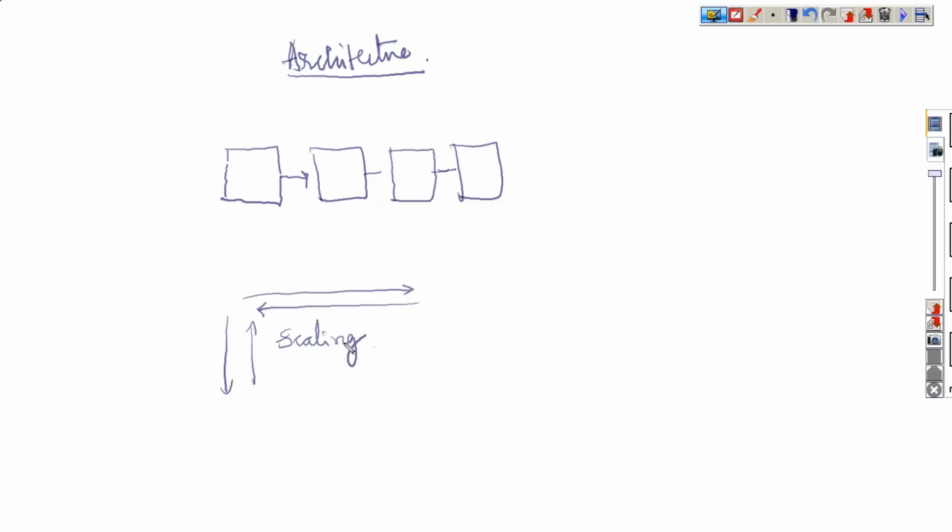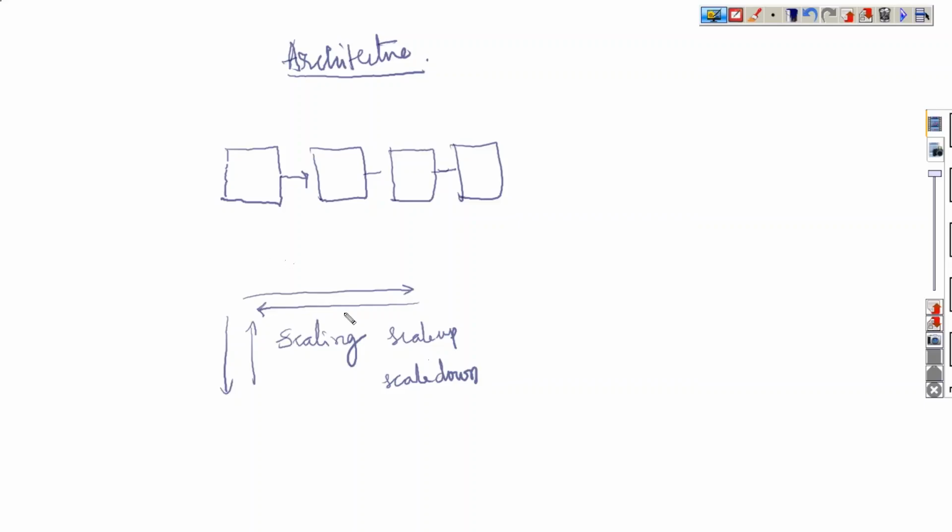that is called scaling. If we're trying to increase something, generally we call it scale up. And if it decreases, we call it scale down, as a general term. So as we're trying to increase the storage capacity, we are trying to scale up the memory. We're trying to increase the memory scale. That means, how much size of data we want to store, for that we use scale up.